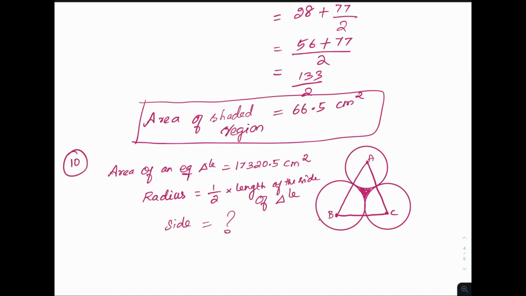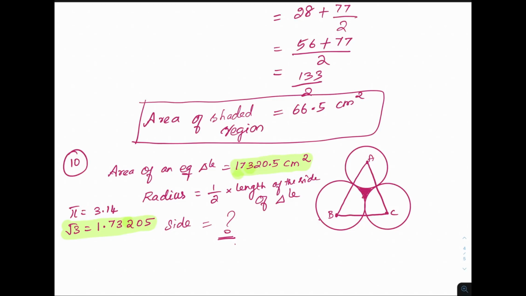So we know only the area of the equilateral triangle. From this area, we need to find the side, then we need to find the area of the shaded region. Here they have given a clue: pi equal to 3.14 and root 3 equal to 1.73205. So you should notice here. That's why I told you in a few sums they will give 1.73, in a few sums they will give 1.7.